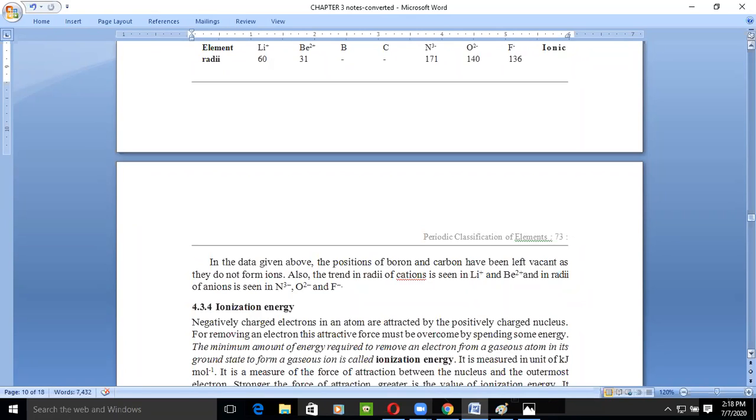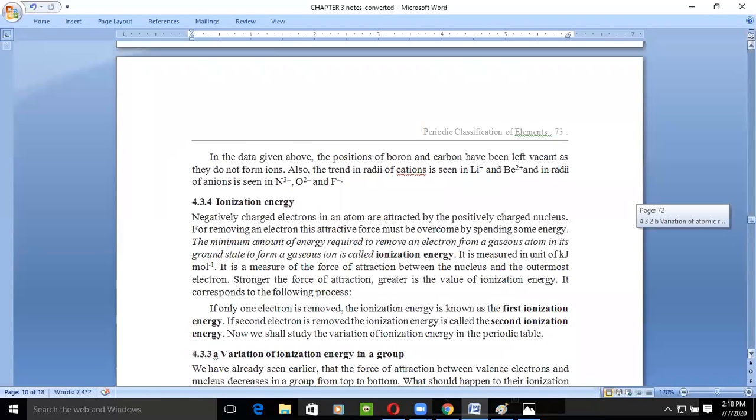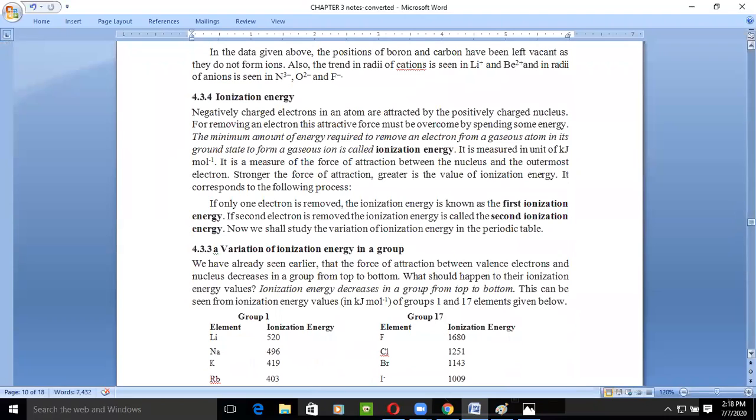Ma'am, is there a reason as to why carbon never forms ions? Yes, this thing I will explain to you later when we talk about the periodic properties of these specific elements. When we go to the p block, I will tell you each and every property related to the elements present in these groups. So an ionic compound can be formed with lithium, beryllium, sodium and fluorine.